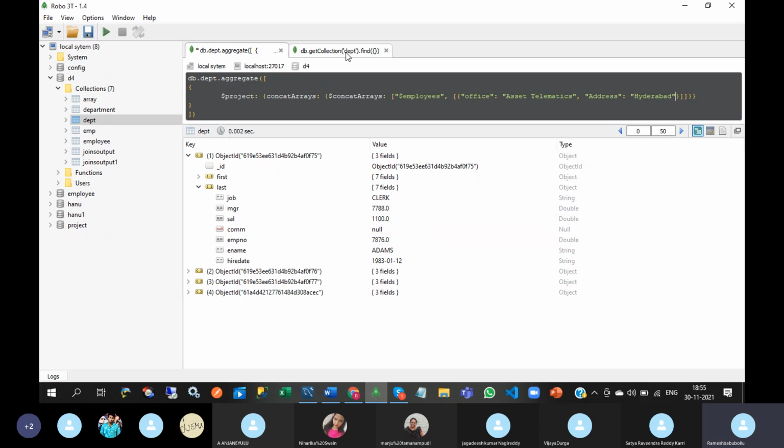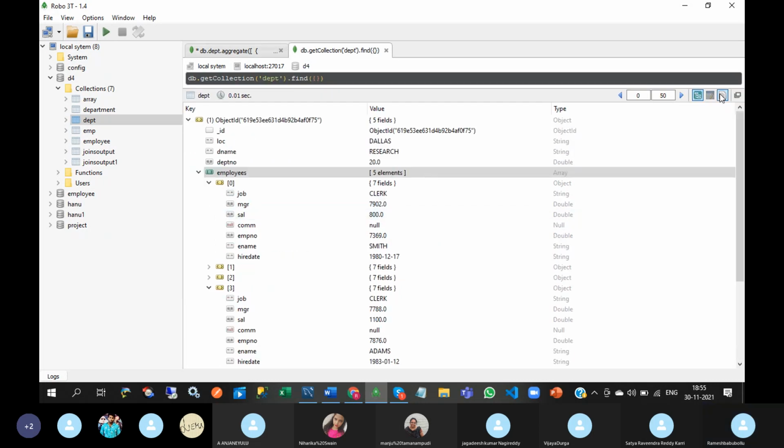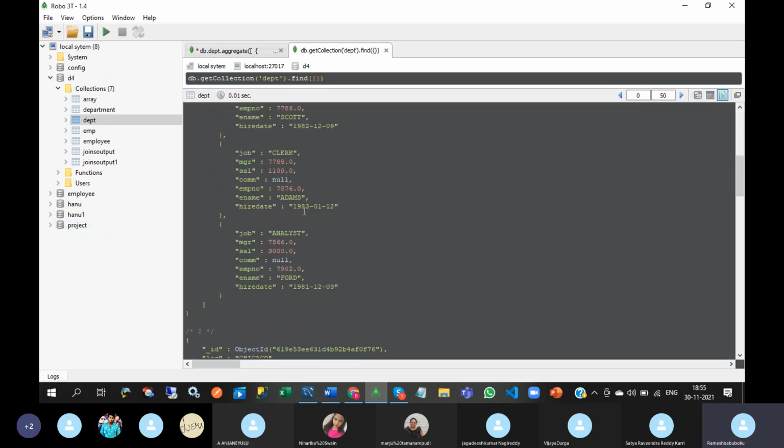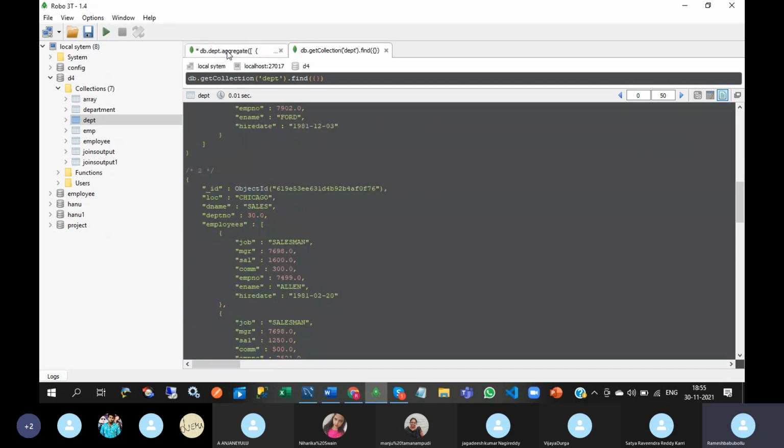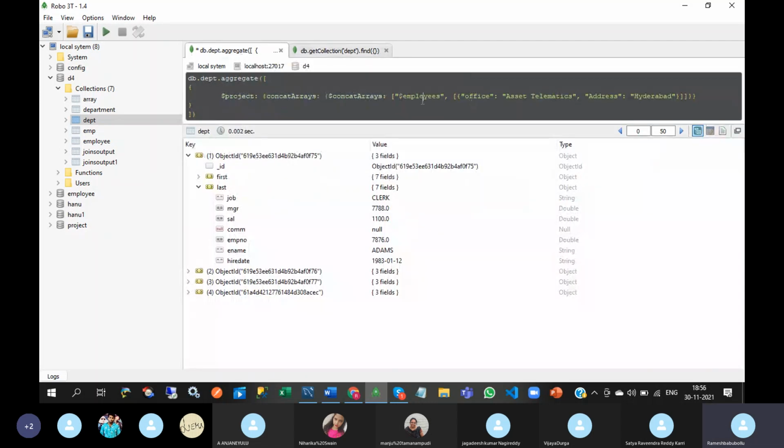So this one is the actual DEPT collection, and here I am concatenating two arrays.